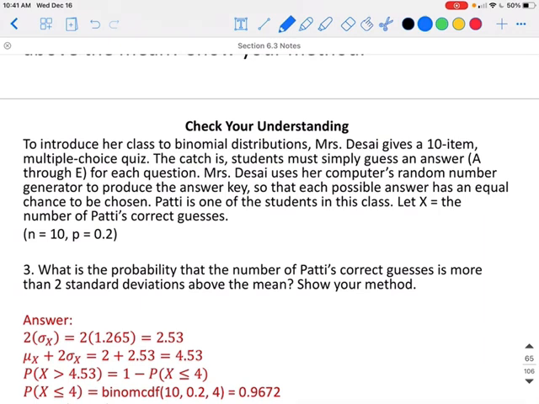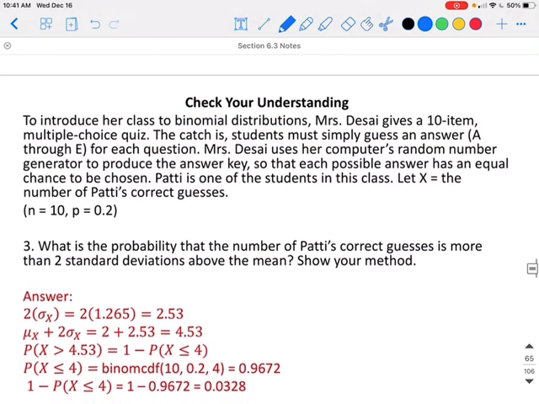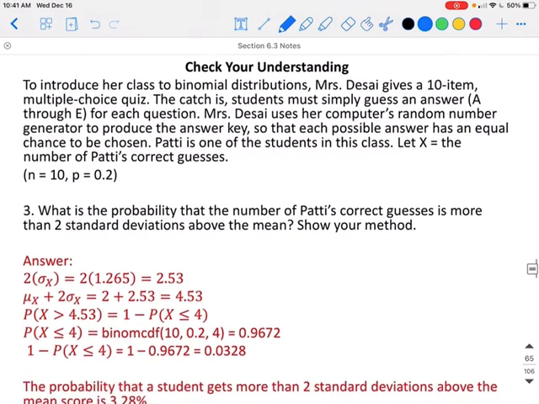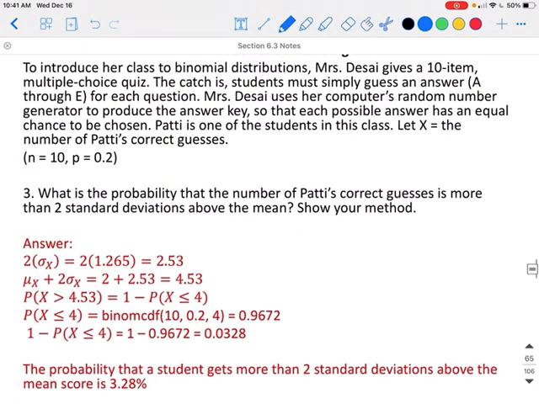If you want to find greater than 4 or greater than 4.53, we would just do 1 minus the probability that x is less than or equal to 4. So 1 minus that 0.9672, which gives us about a 3% chance, or 3.28%, that the student gets more than 2 standard deviations above